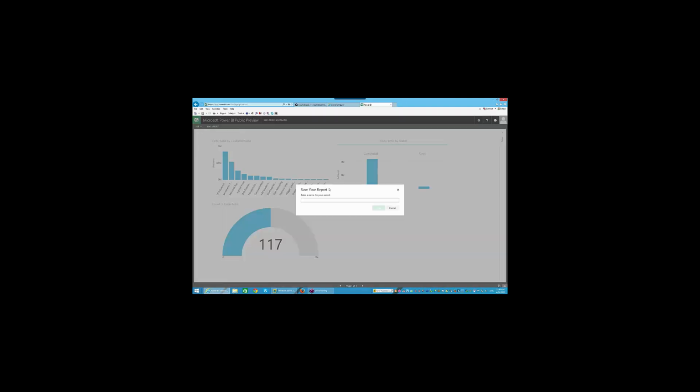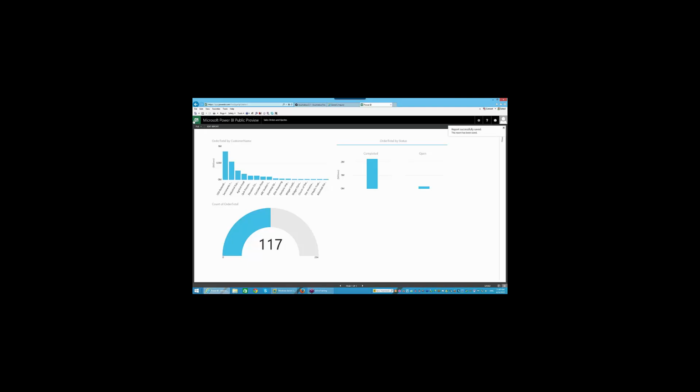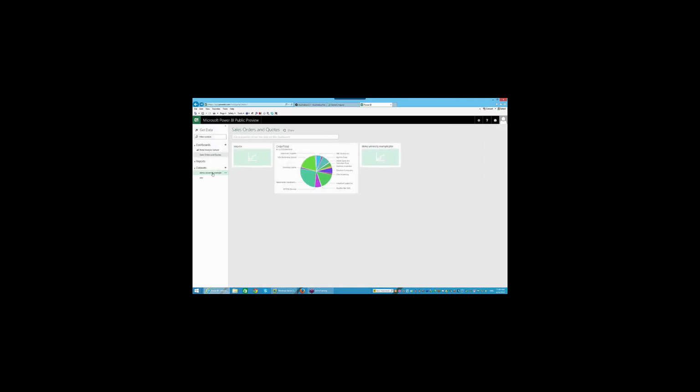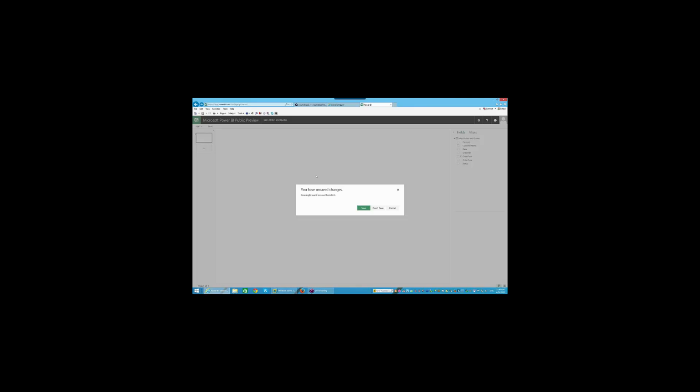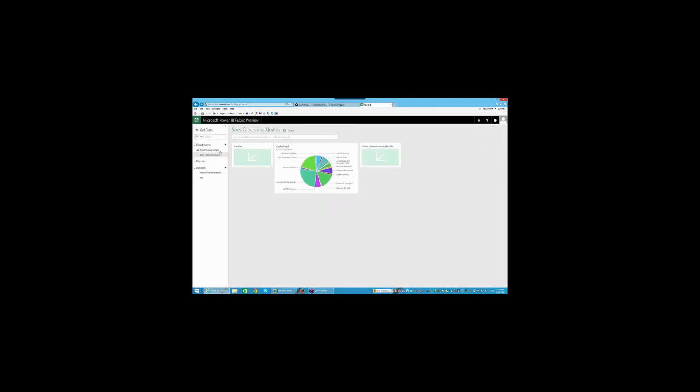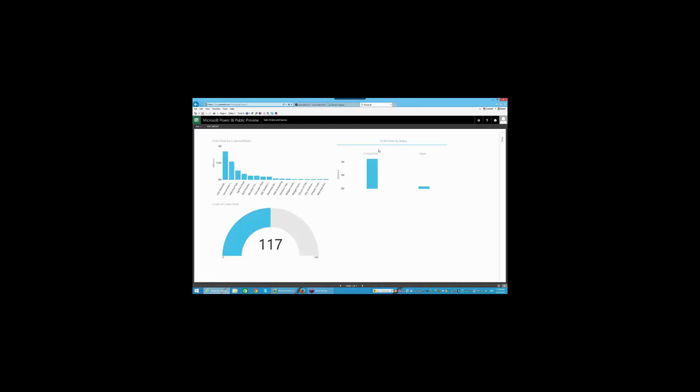I can now, okay, file, save a copy, Demo University example, and say save. And now I've got that information there for me. So there it is, my Demo University example. I can then retrieve that back. I'll say don't save, and I can now start playing around with this data and building new dashboards. Okay, so